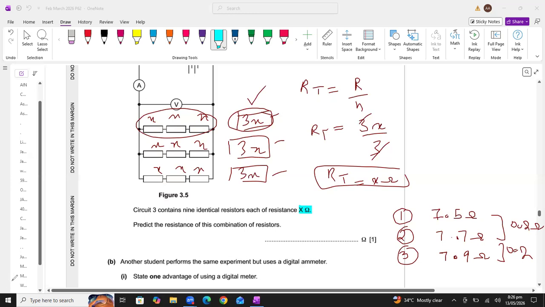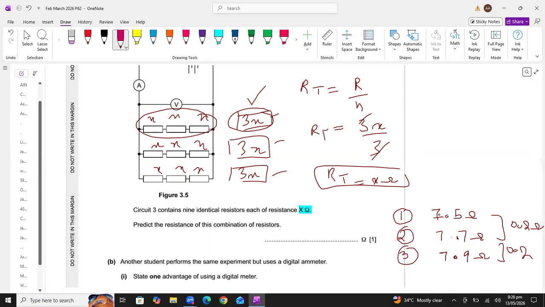Are you understanding this thing, students? We just have to predict the resistance. So obviously the resistance should be very close to these values, because according to this theory, the resistance is correct. But if a student writes 7.5 ohm, this answer will also be acceptable, because according to the theory, the resistance is equal to the resistance of one resistor only. So now, students, I am writing the answer here, 7.9 ohm. Is it clear to you, students? Excellent. All right. So now I'm going to clear the screen.